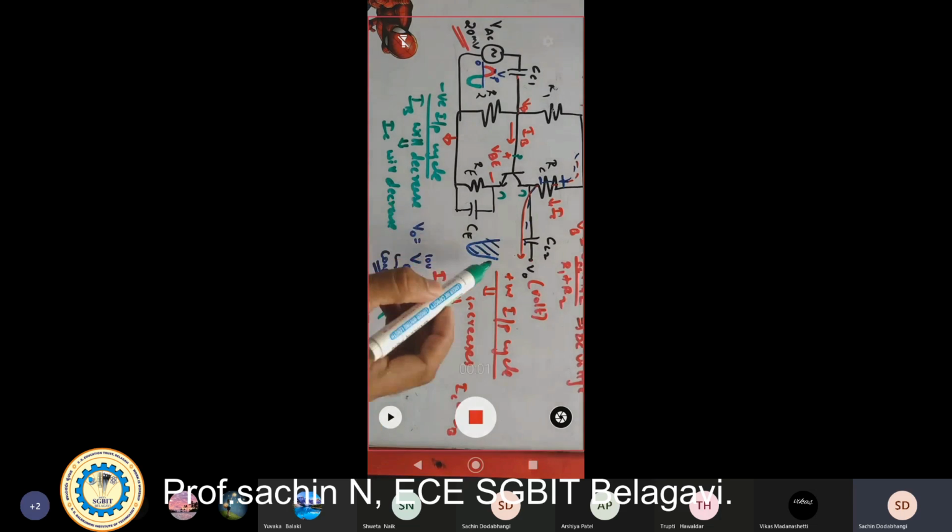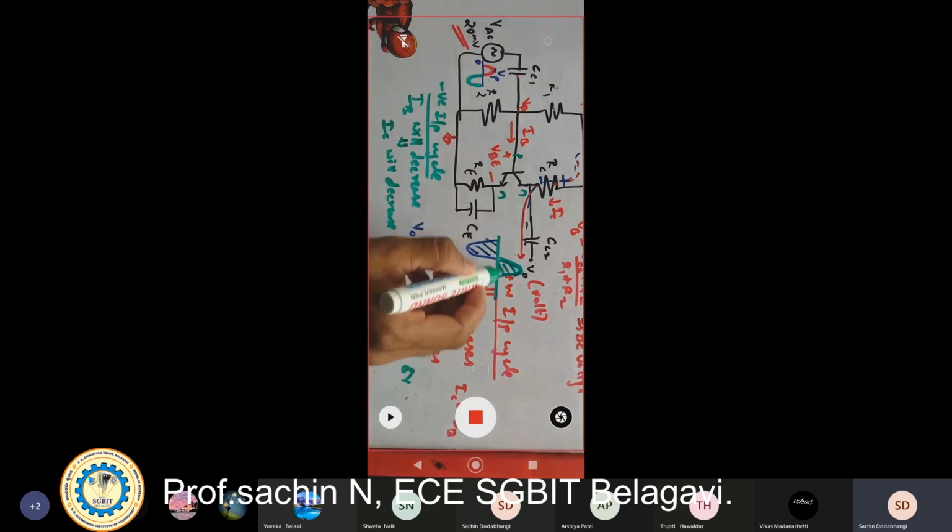So I'll get a positive amplified output. Getting it? This is your output waveform.